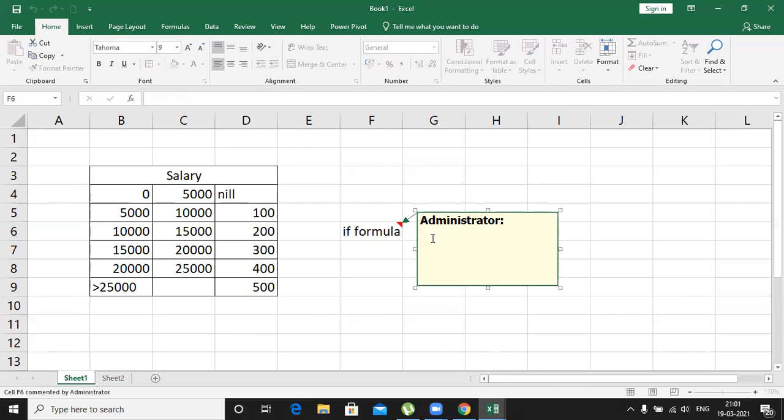Okay. Here I will write something: use IF formula to achieve conditions values.